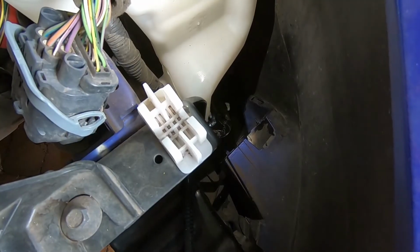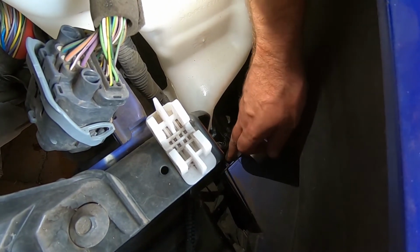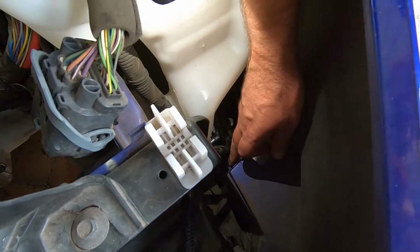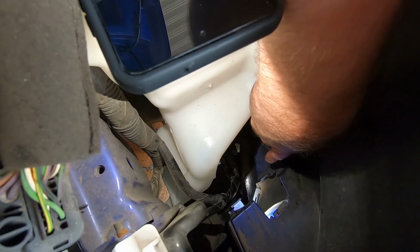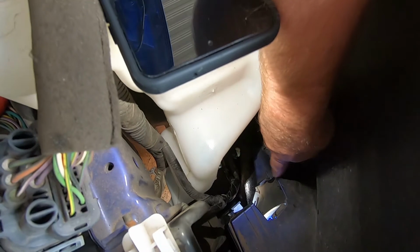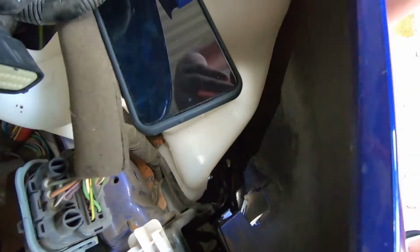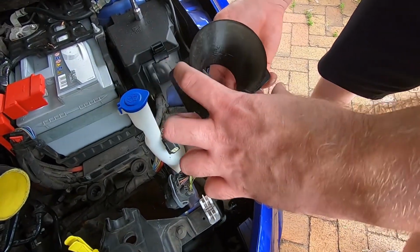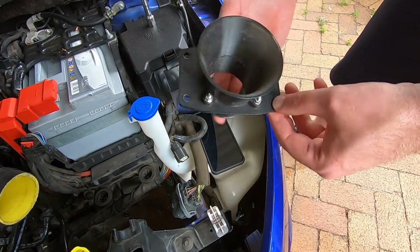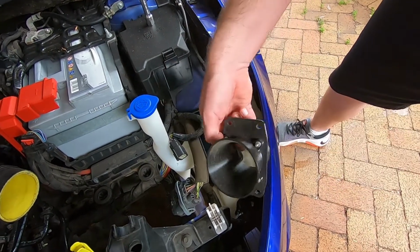Hopefully this gives you a better idea of what I meant by opposing holes. The top here, you've got a pin. And then in the bottom corner down there, you've also got the pin. And then above that, you've got a screw. And below that pin, you've got a screw. So opposite corners. And what that's for is when I fit this, the pins will sit in these two. And then the screws in here. So you just literally reach in,